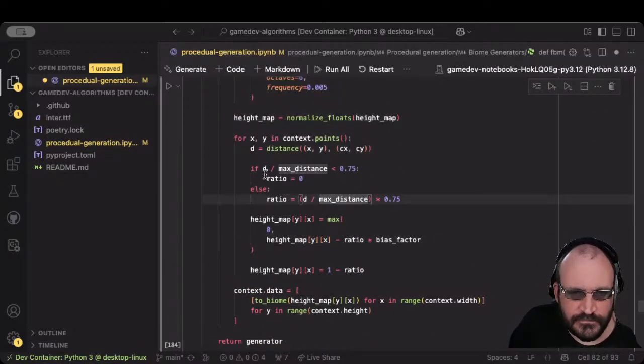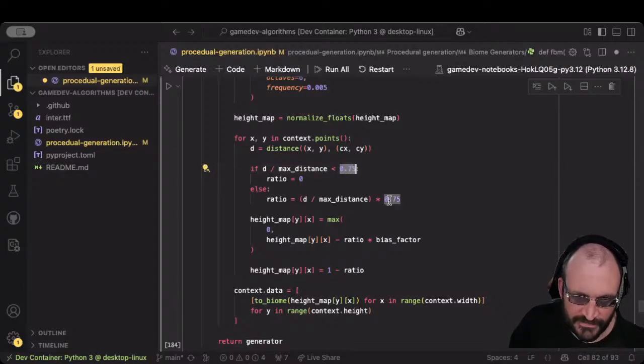So by doing this, we're introducing a cutoff that we only want to affect things that are greater than 3/4 of the distance to the edge, and then we want to steeply descend into water at that point. So then